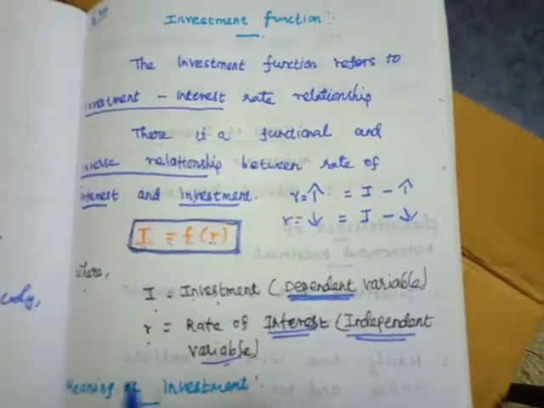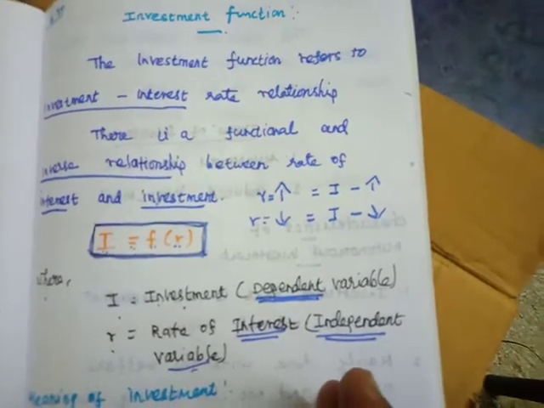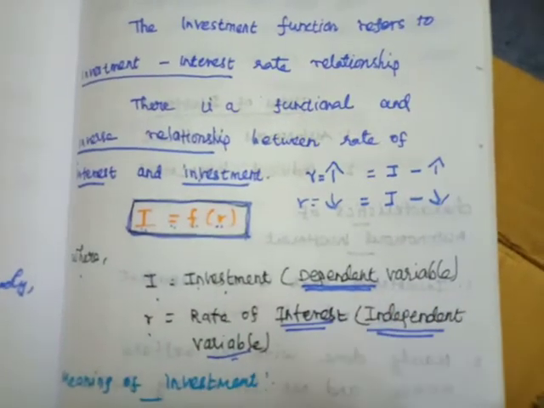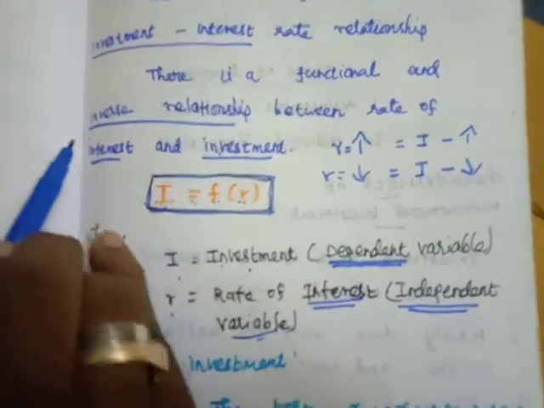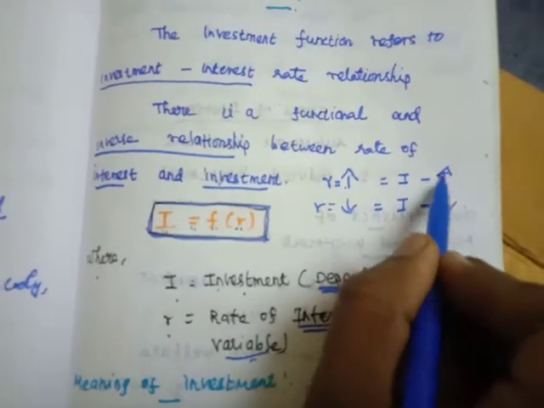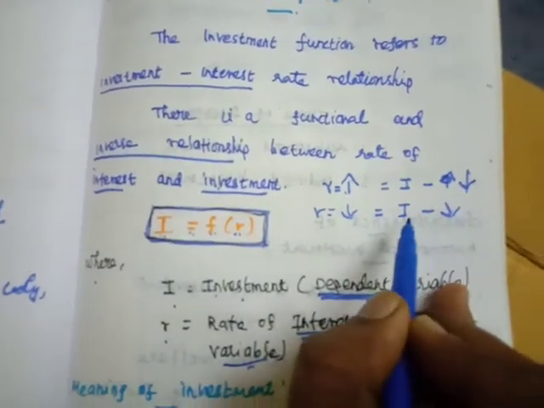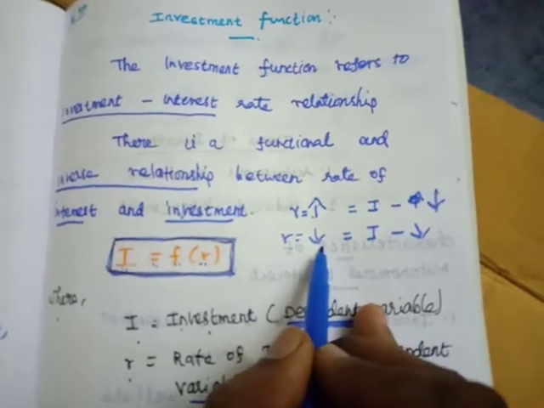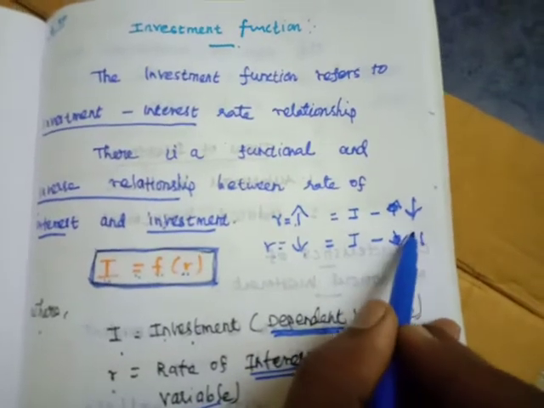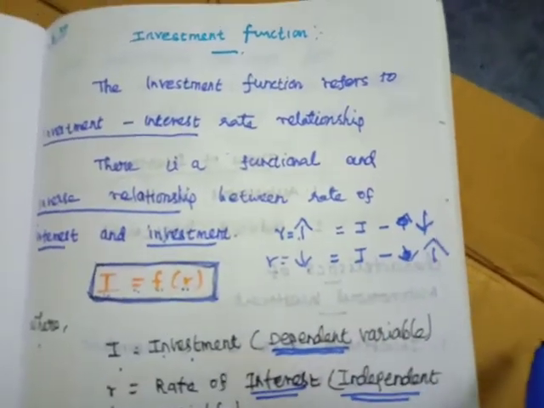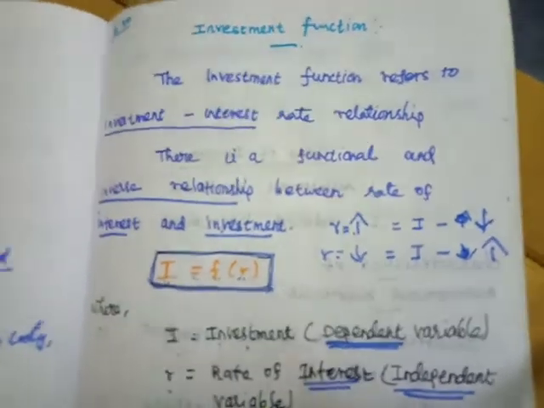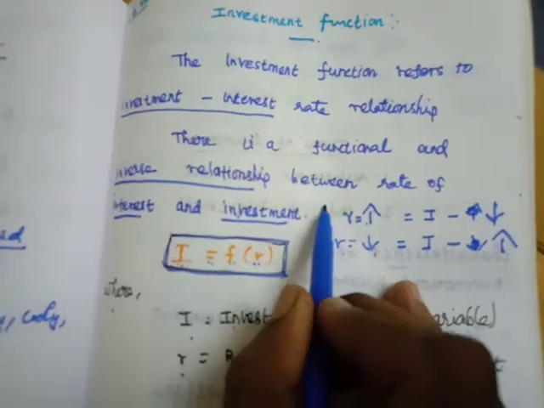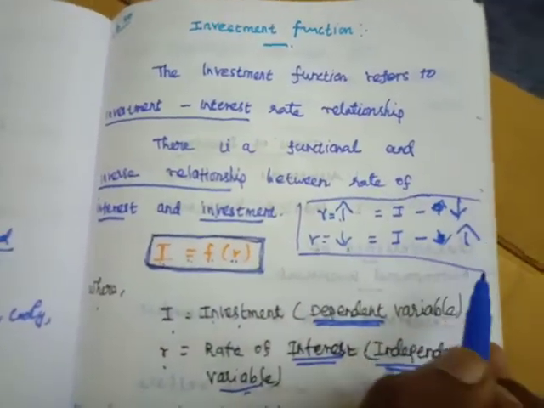If the rate of interest is high, people do not invest their money in business; they deposit it in the bank. That is the inverse relationship: when the interest rate is high, people reduce their investment because they want to deposit money in the bank. If the interest rate is low, people increase their investment, because the banking sector gives very low interest on deposits. So the public or investors increase their investment. That is the inverse relationship between investment and the rate of interest.